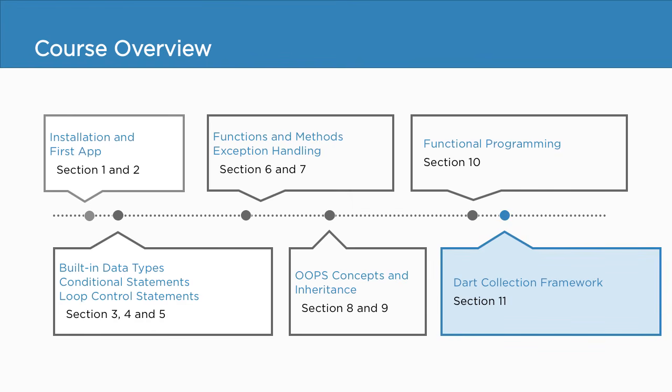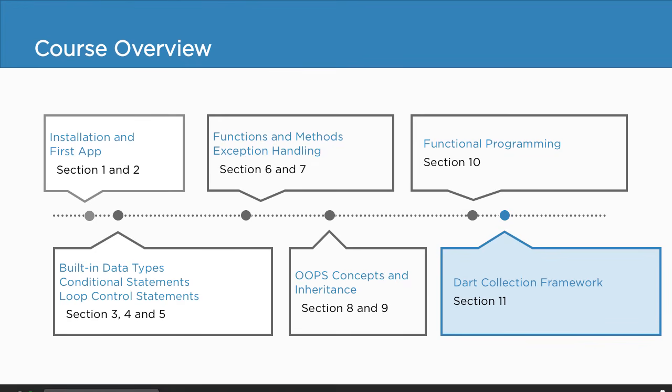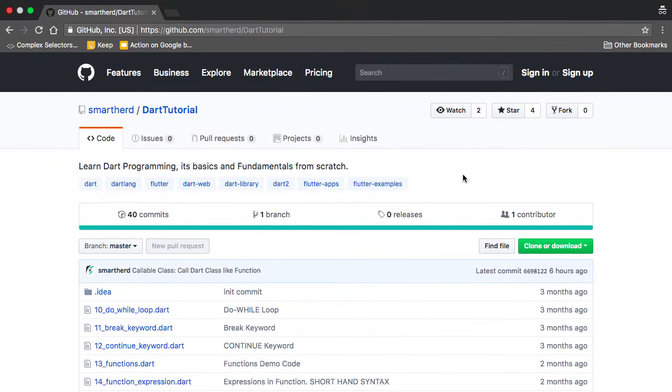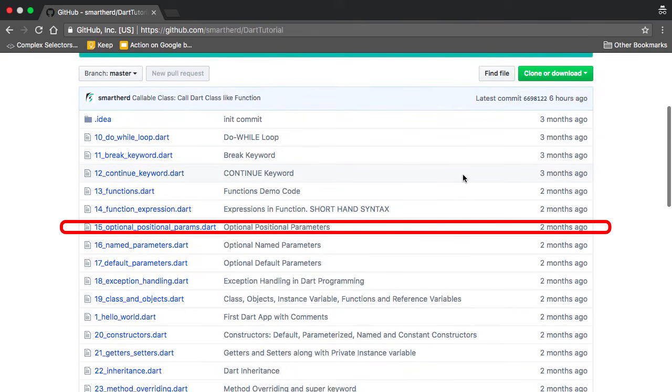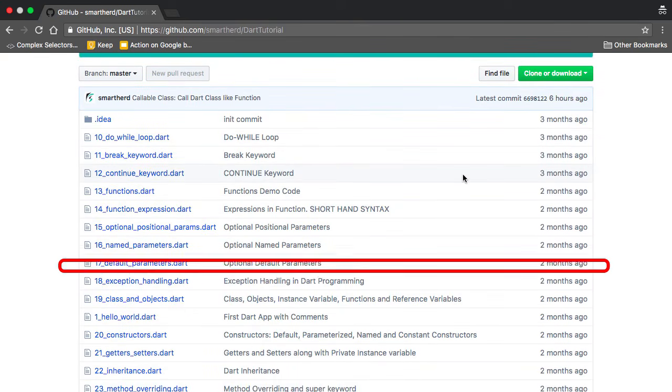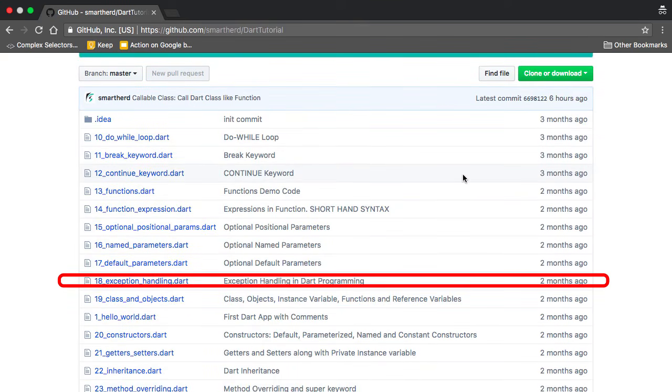All of these sections will be covered with the help of demo videos. So, to get hands-on experience in each of these sections, we will see the code in action. For your convenience, the code files of each video have been pushed to GitHub. For each video, the code is made available for you, so that you can easily follow along with the course.